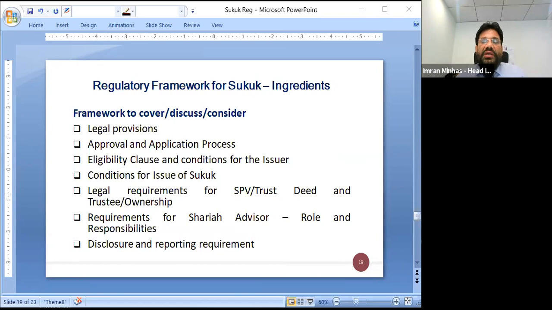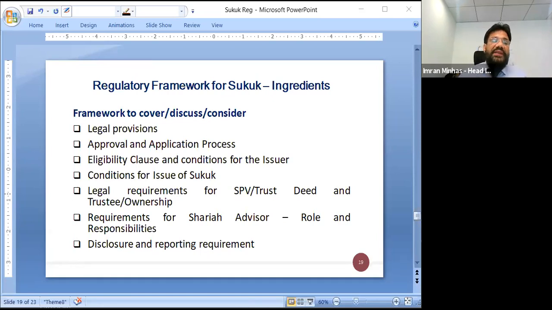So you need to have a proper law to regulate and provide for the matters relating to the activities of the markets and the intermediaries in the capital markets. Hence the provision of law must consider whether the issuer of the Sukuk may be a national company or an international company. So you need to cover that in the eligibility clause. Again, the rating: if you wish to add, what should be the rating of the instrument, what should be the credit rating of the company, so who can issue it. So you set basic requirements for the issuers. Again, in the law you can